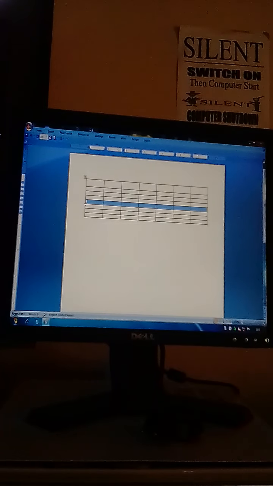So dear students, you learnt about inserting a table, and I have inserted a table on Microsoft Word. Your homework is that you will have to see this table and count the number of columns and number of rows, and you will put suitable data in this table and send it to me on our WhatsApp group.